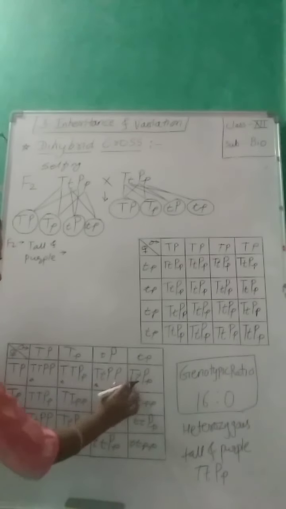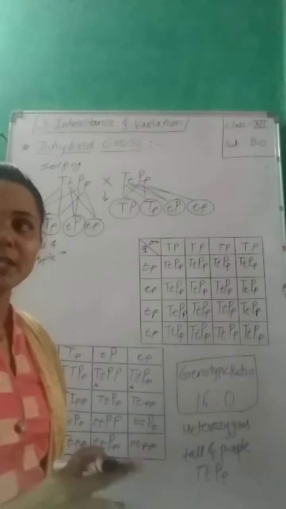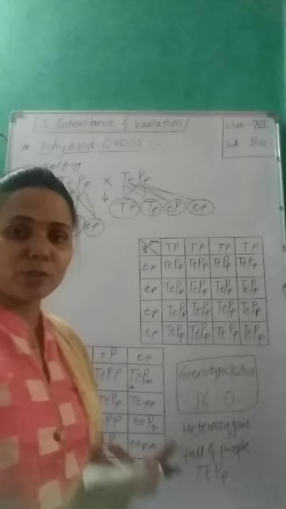So this is also one, so we can write down one star here, tall and purple, because both are there. Another one is there which is having tall and purple. Okay, so this is also second, tall and purple. Because at least one character is dominant, it will show the tallness, and another one is one dominant purple, so it will show the purpleness also, dominant. Here no, purple is not present, here is recessive, so white colors.